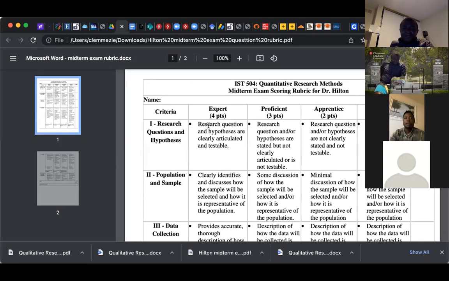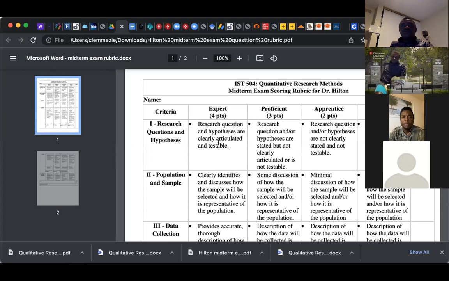So the research questions and the hypothesis have to be clearly articulated, and testable. What does it mean to be testable here? That points to the kind of constructs. You already have the variables that you want to test. And like I mentioned the other time, if you are doing a quantitative study, if you are answering your questions in the qual exam, you must mention